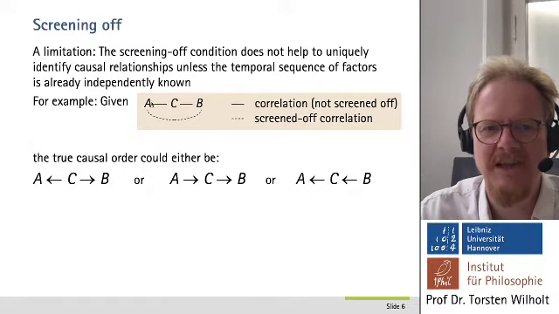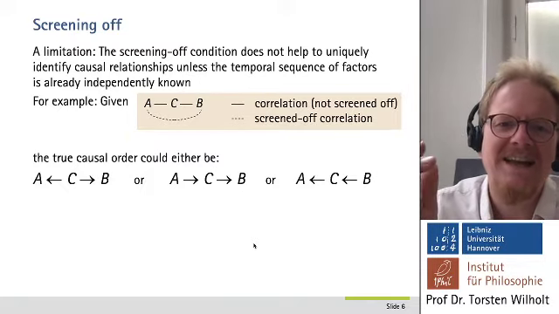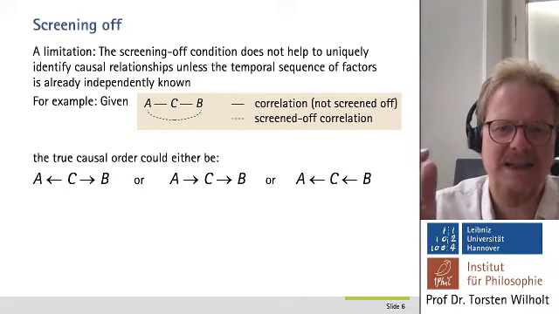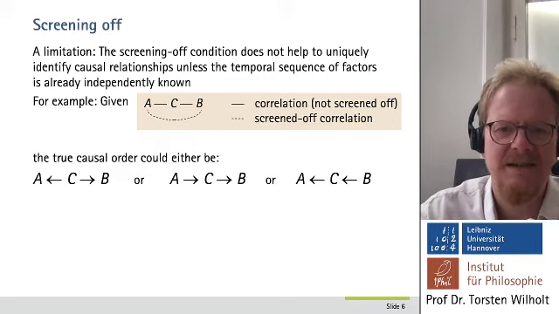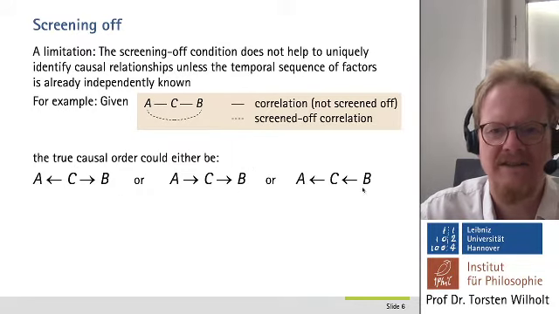Whereas the correlation between A and C is not screened off, and the correlation between C and B is not screened off. We can't tell from this alone. It's not clear whether the causal order is this or this or this, because